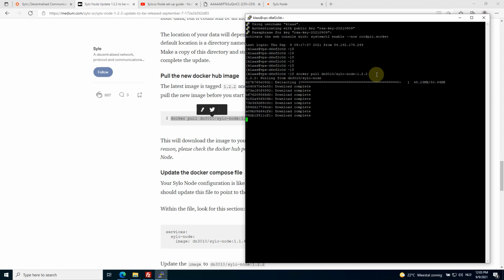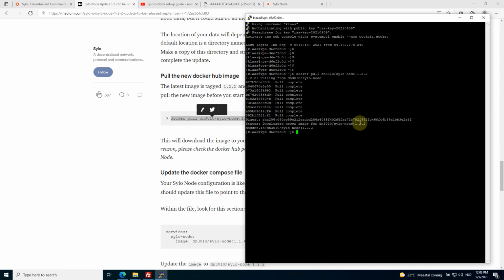And we're almost done. It's pulling everything and extracting everything. Almost done. Depending on your network connection, this can take a little bit longer or can go faster. Looks like I am having a slow connection today. And we're done. Alright, so we downloaded the latest version